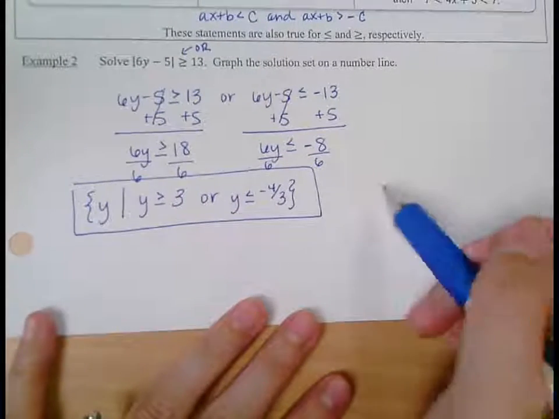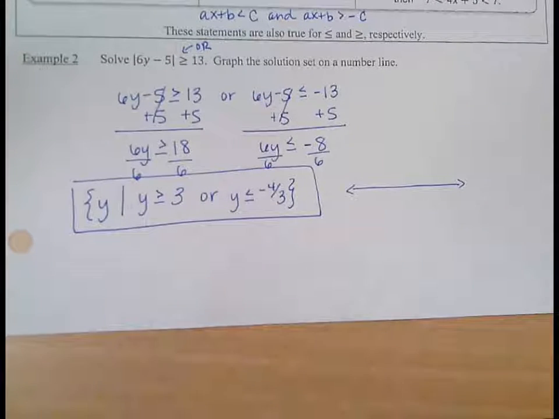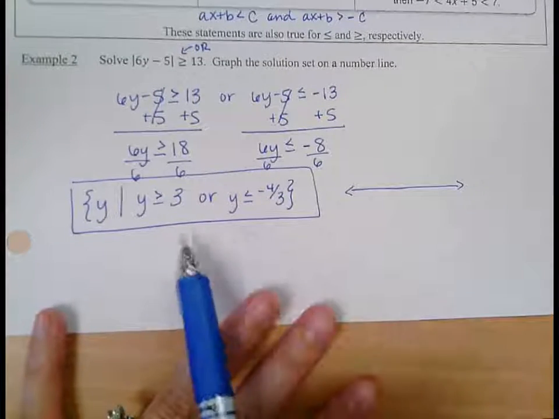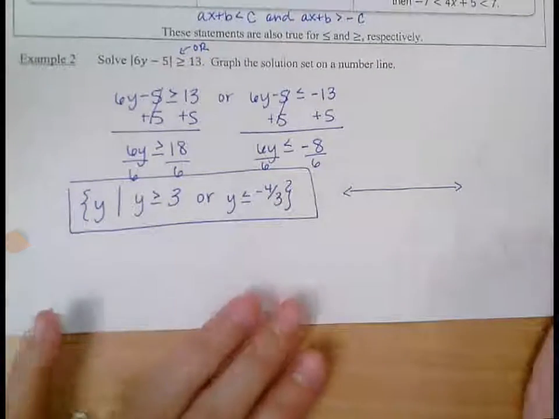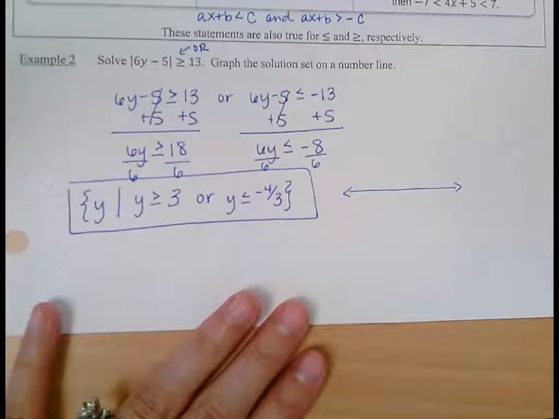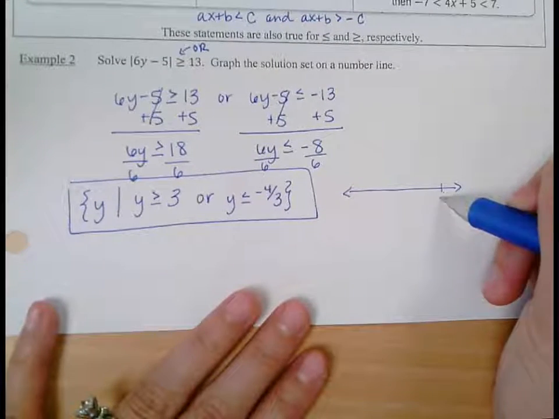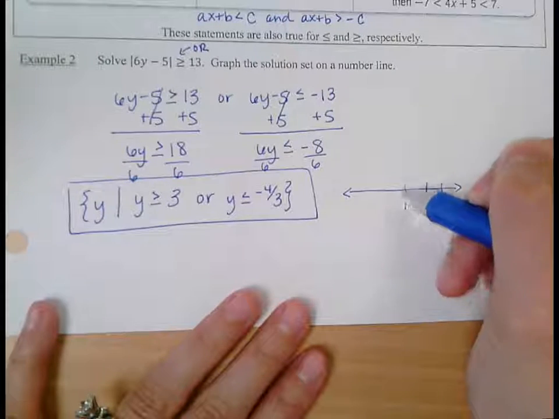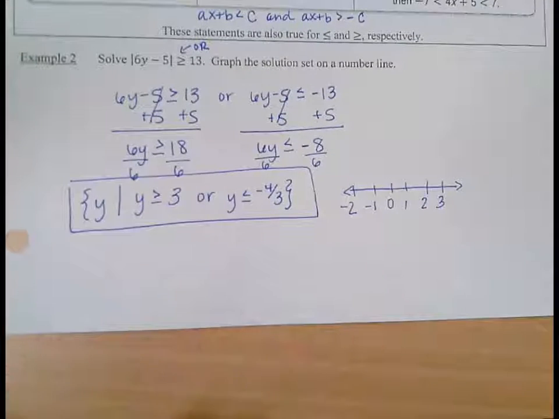Okay, so then for the graph, on the test, as I said before, I will give you the number lines already labeled. That's for my ease in grading it. Everybody's number lines are labeled the same, so I know what I'm looking for in each of them. So just because this is a fraction, I just want to show you, if this was set up as a number line I were to give you, you wouldn't see fractions on your number line. So let's say here's 3, 2, 1, 0, negative 1, negative 2. So if this was the number line you were given,